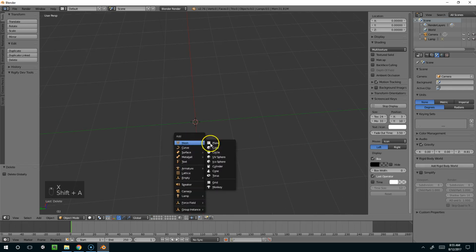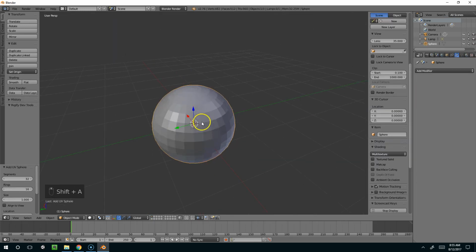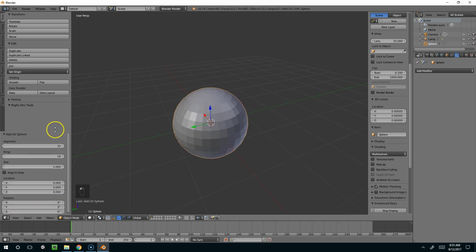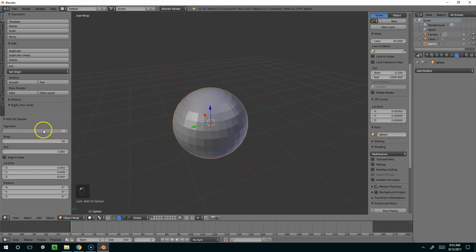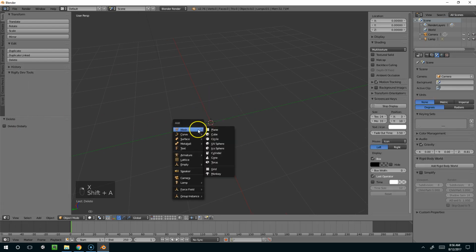So next we have the UV sphere. And when you create these, there's also an option down here. So you can play with the settings of these primitives. So if we wanted it to be smoother, we could increase the number of rings and segments. Be careful though, my computer already slowed down a lot just from adding this many. So try to keep your polygon count within reason. Oh, and you can see that created 18,000 vertices and 18,000 faces. So don't go too crazy with the segments and rings. Deleting that, we have